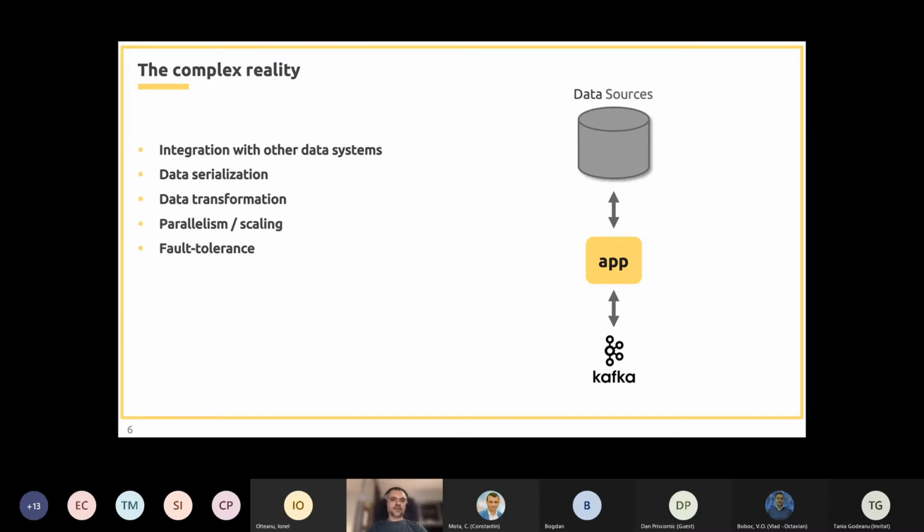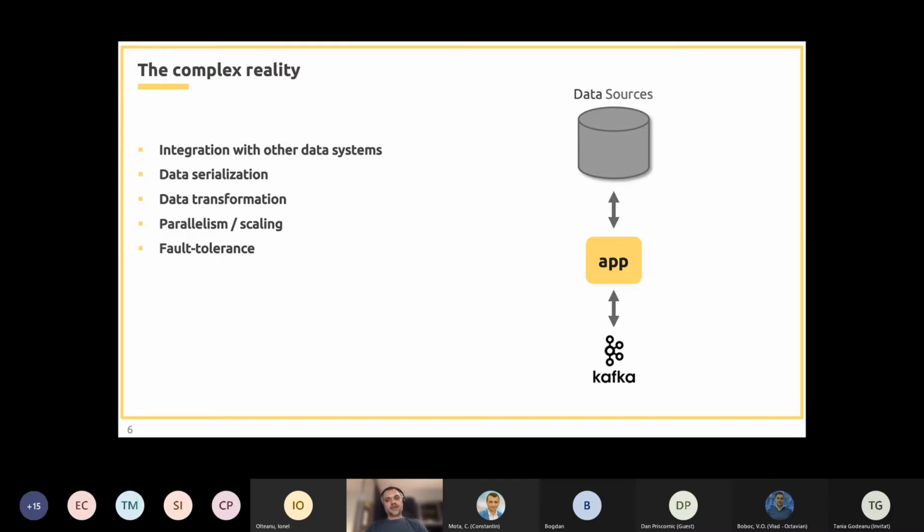And these external systems are quite varied. We can use databases, object storage, data warehouses, message queues, or even flat files. In order to interact with the external systems and to push and pull data in and out of Kafka, we need to add code into our application, and this increases the complexity of our application.